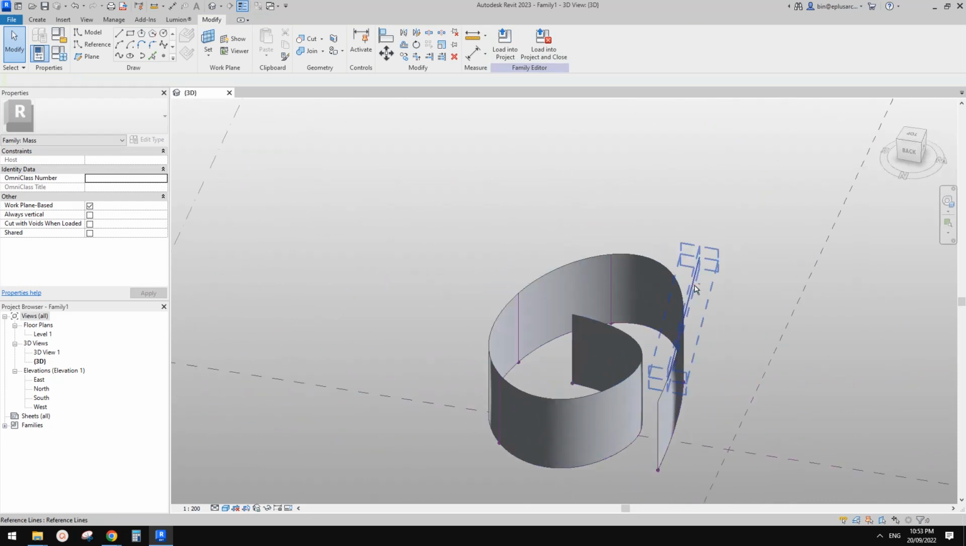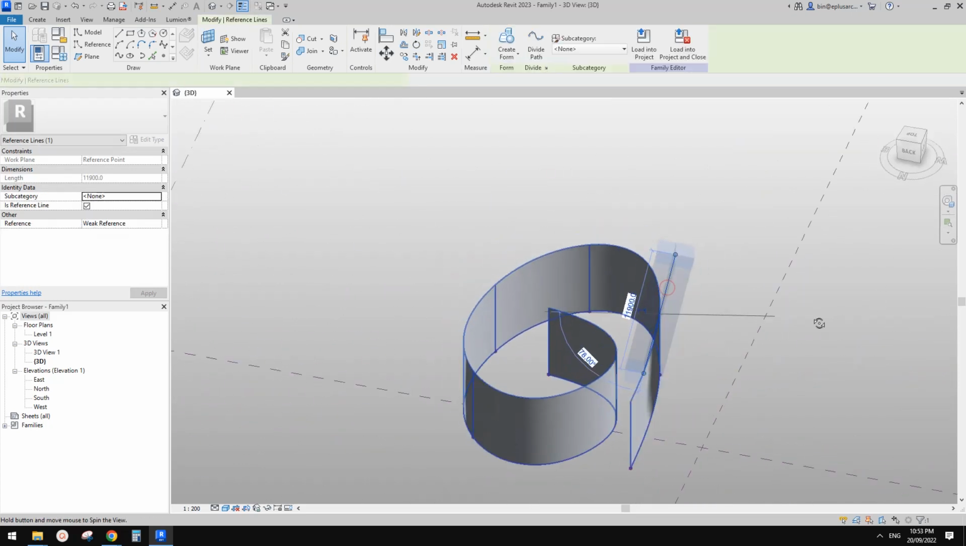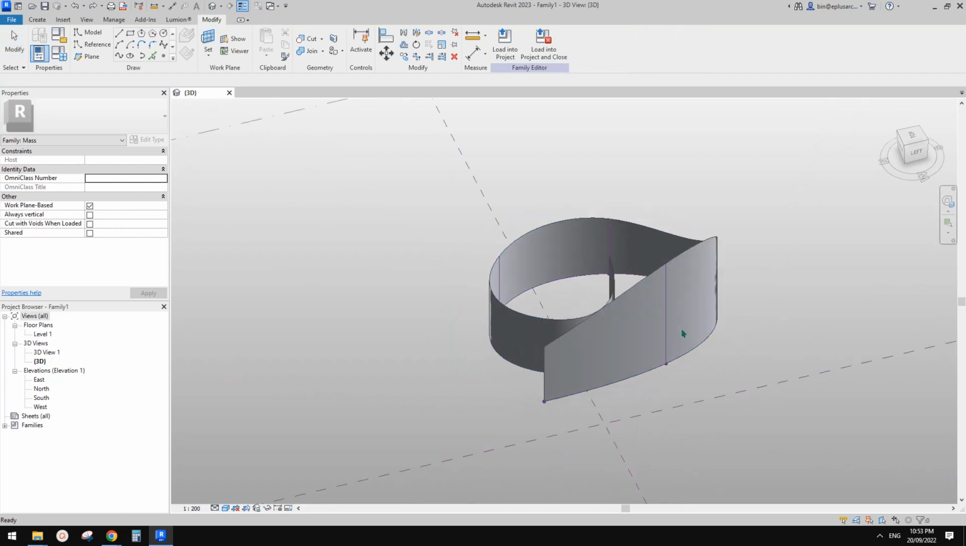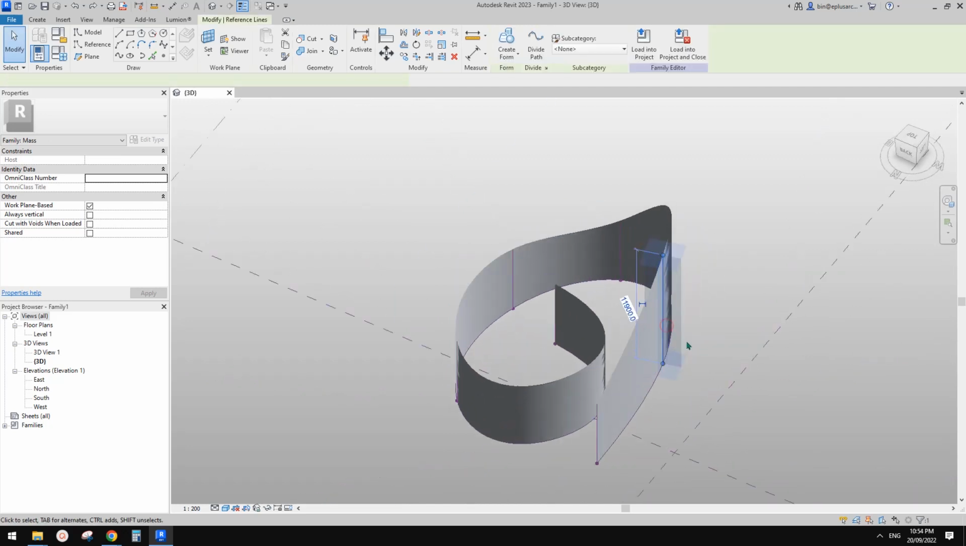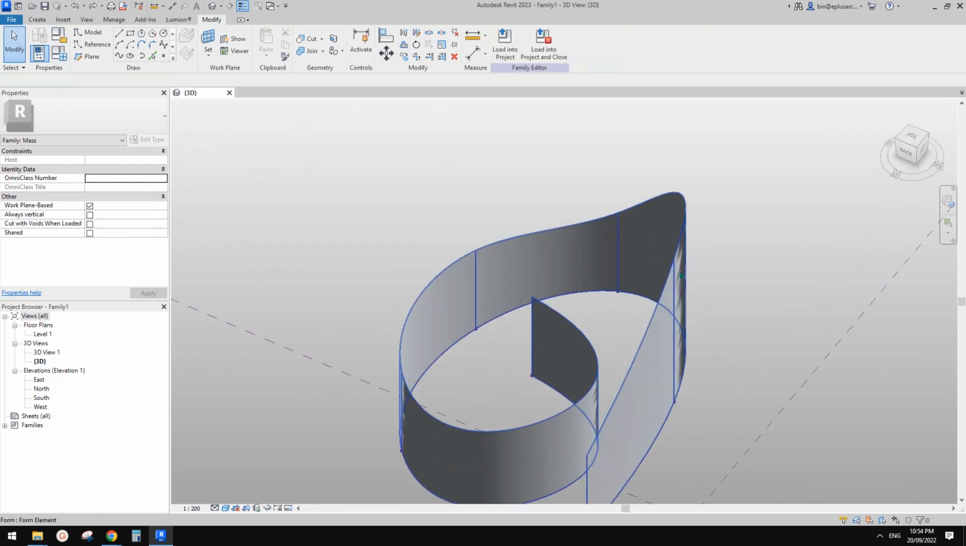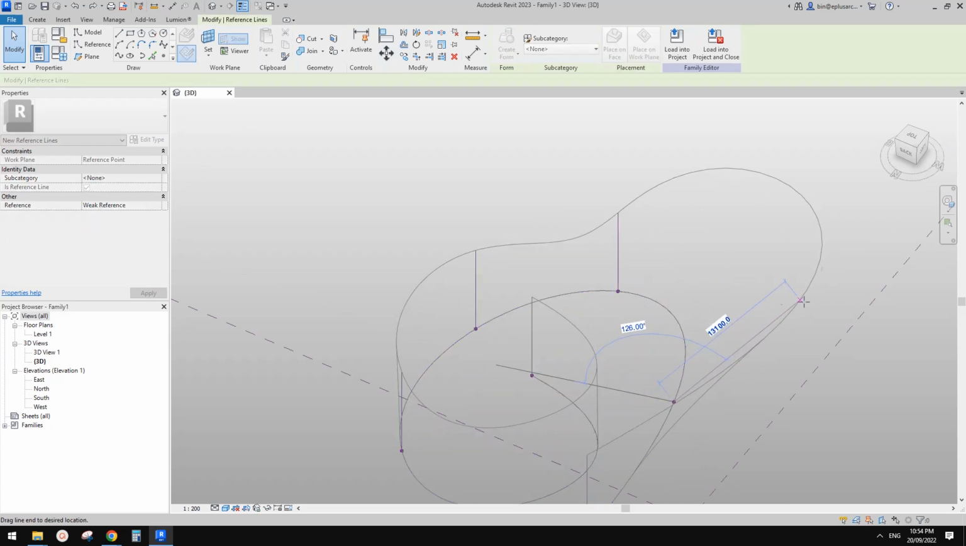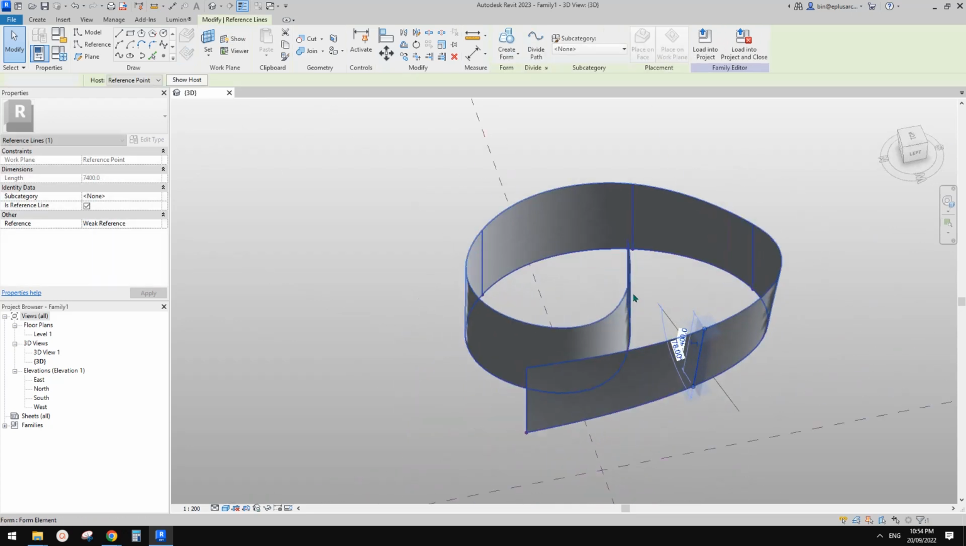Hang on, what's going on here? So Control Z. Let me just Control Z. Okay, so let's try again. Rotate, or maybe not rotate. I'll just drag this one. Okay, so you can see it will change the surface,